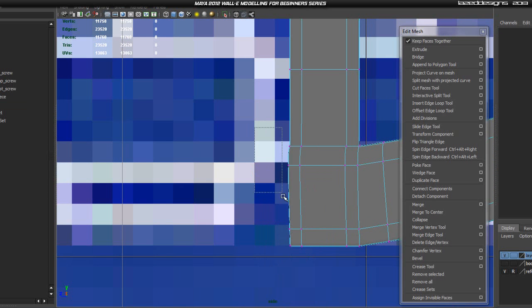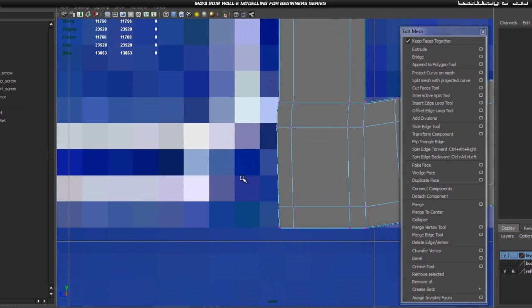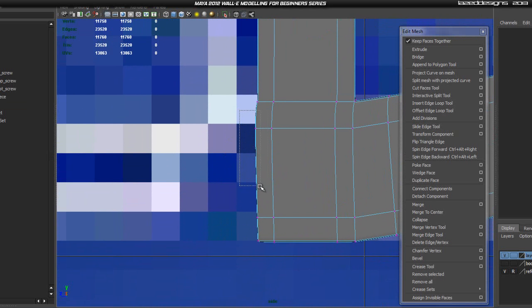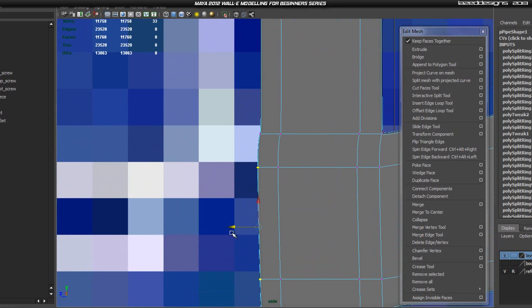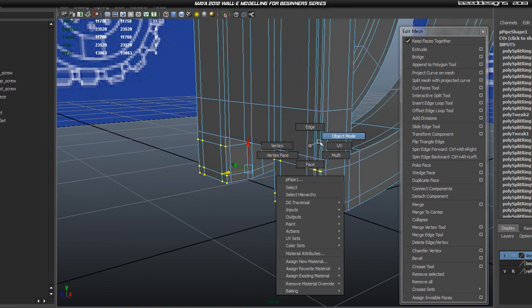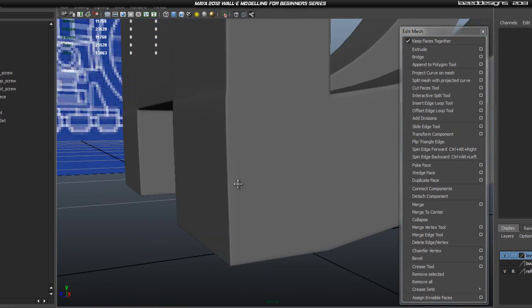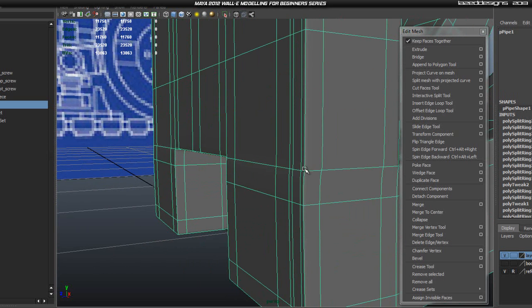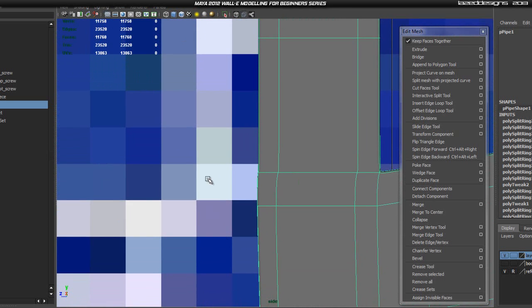I'm just going to go ahead and select these vertices that are causing the issue because they're not lined up properly, and I'm going to click that arrow, hold down V, and snap these to that point, and then have a look if it's looking any better now. And it seems like that point is out